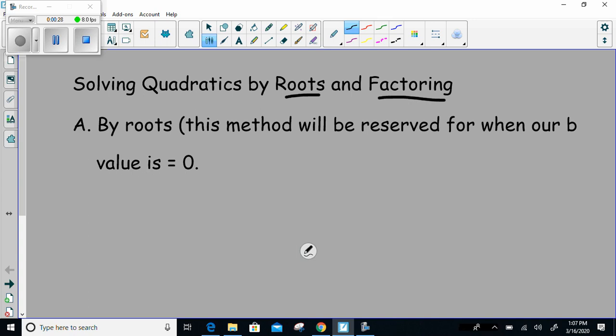As I said, we're going to start off by looking at solving quadratic equations by the roots method. This method will be reserved for when our b value is actually equal to 0. And that's the only time you're going to find this will work. So let me just throw a question up here and we'll go ahead and get started. So take, for example,